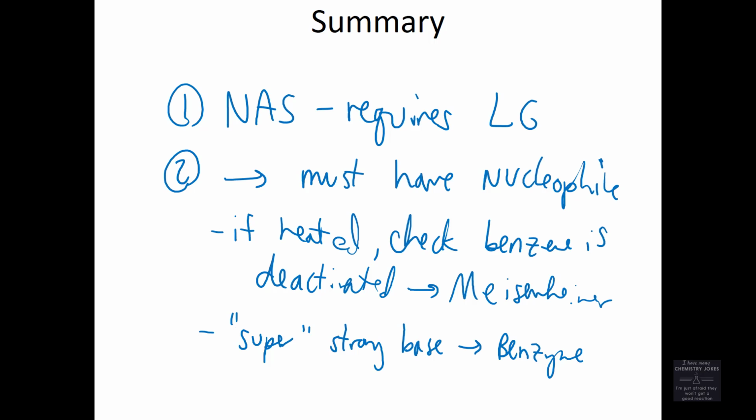Are there tweaks and things that could be made all along the way? Sure. But, number one, nucleophilic aromatic substitution must have a leaving group, and we've seen halogens be leaving groups. The arrow must have a nucleophile on it. That nucleophile, if it's kind of a mild, gentle nucleophile, even if it's a negative thing like sulfur minus, oxygen minus, probably going to go through Meisenheimer, but probably should be happening on a deactivated benzene, and you need to cook that thing for a while. If it's a super strong base, or not deactivated,